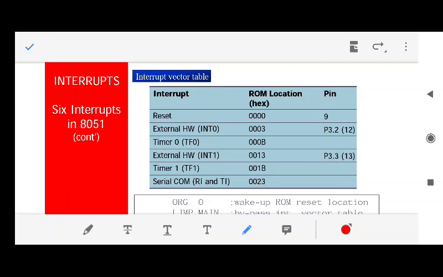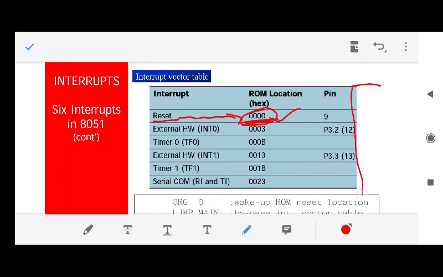It will check the interrupt vector table for what is the location of the ISR which it has to execute. In front of reset, it is written that whenever reset occurs, please go to this address inside the ROM and start executing the program which is written at this location.